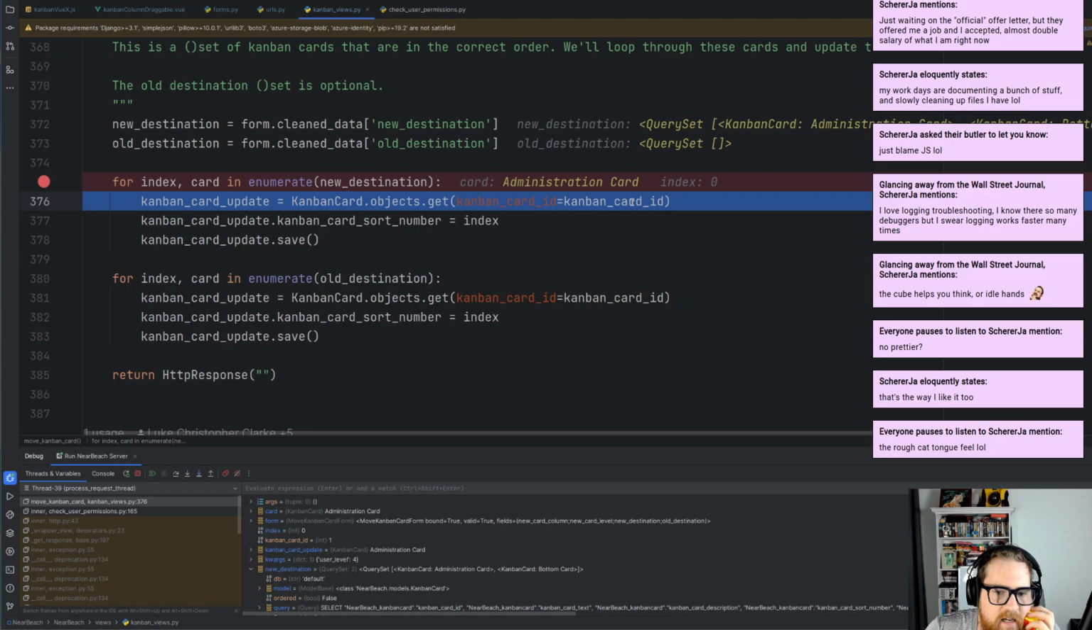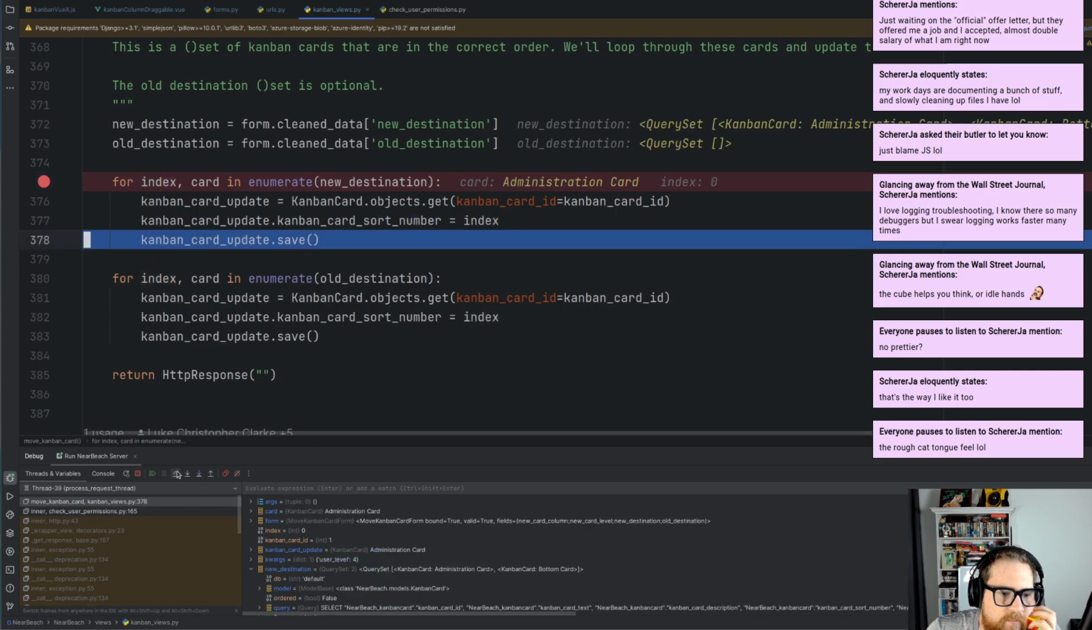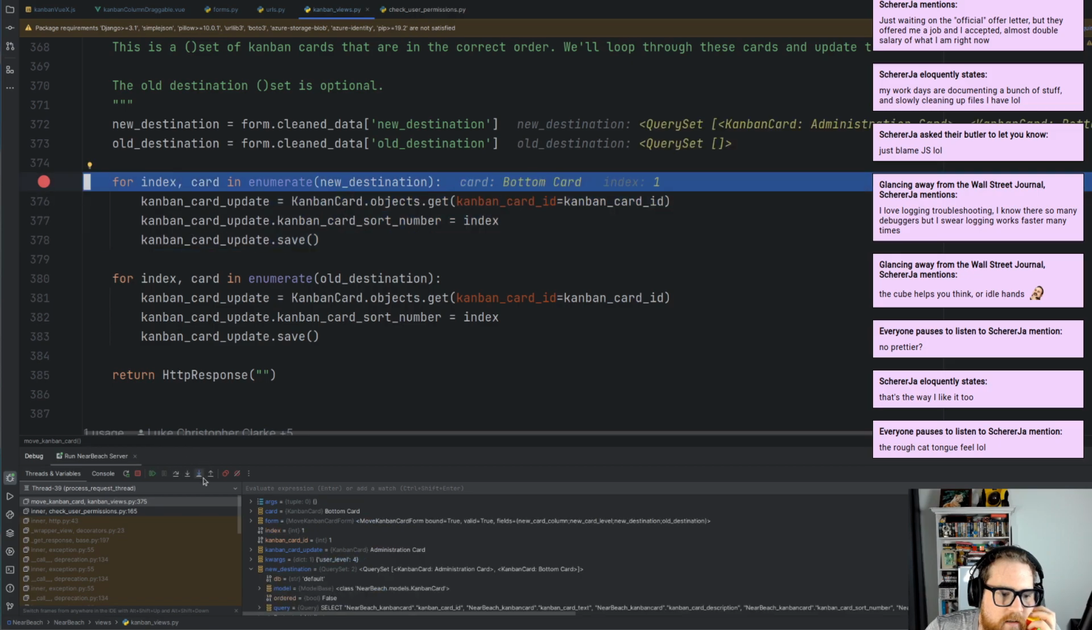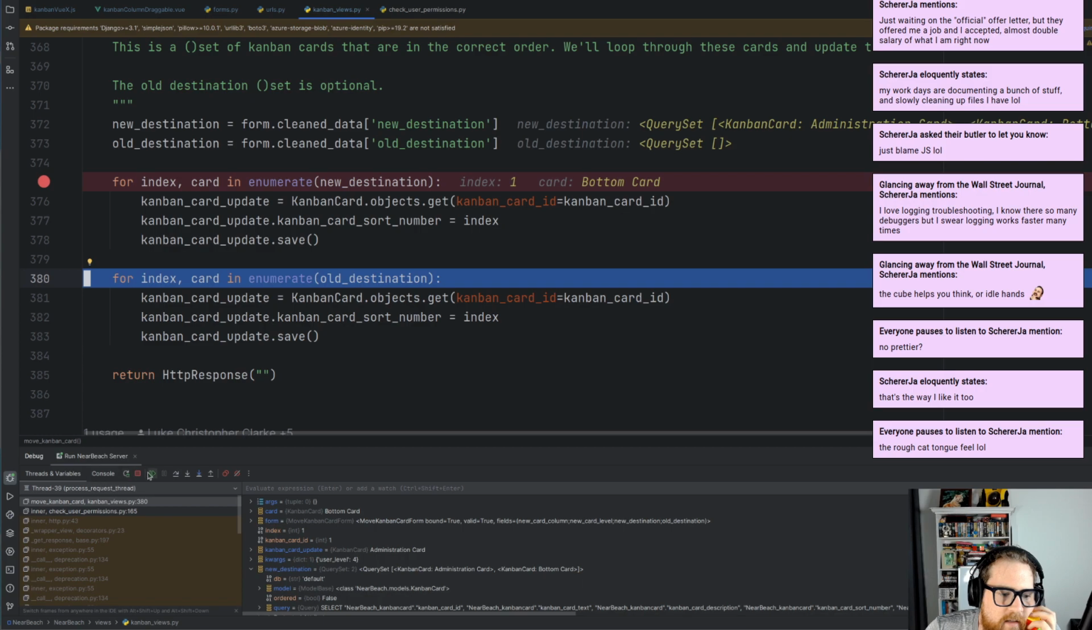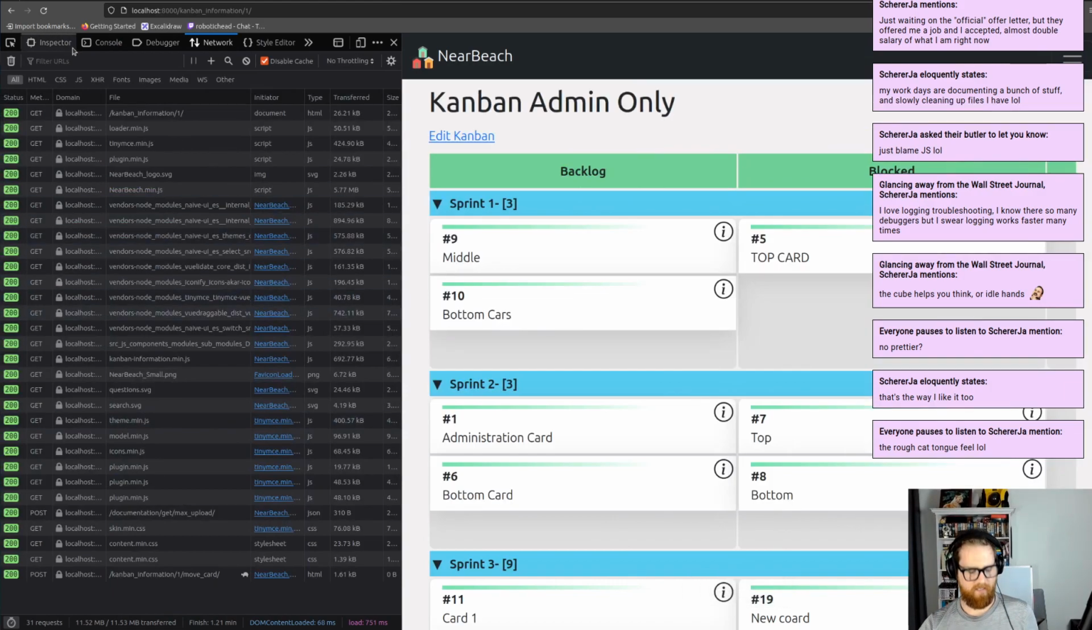So it's going to get the card ID, which is a 1. And we should have an index of a 0. Yep. And then everyone's happy. Yep. Now, if we open up our database,